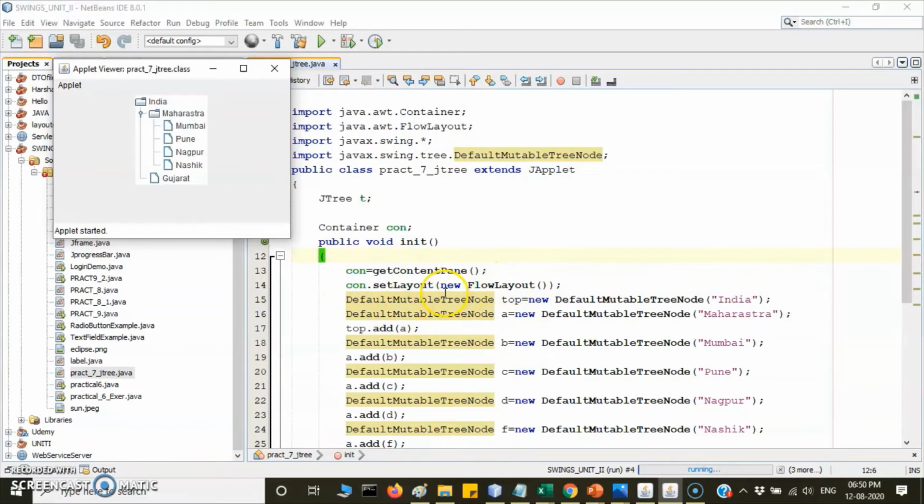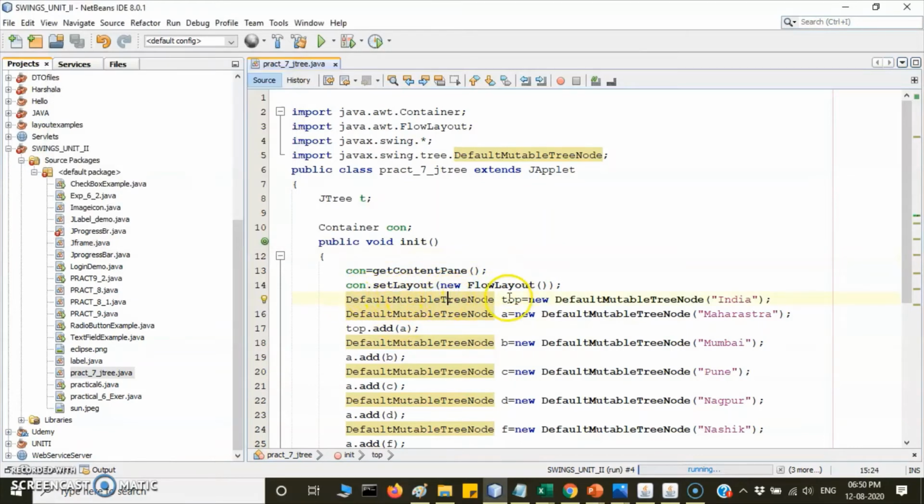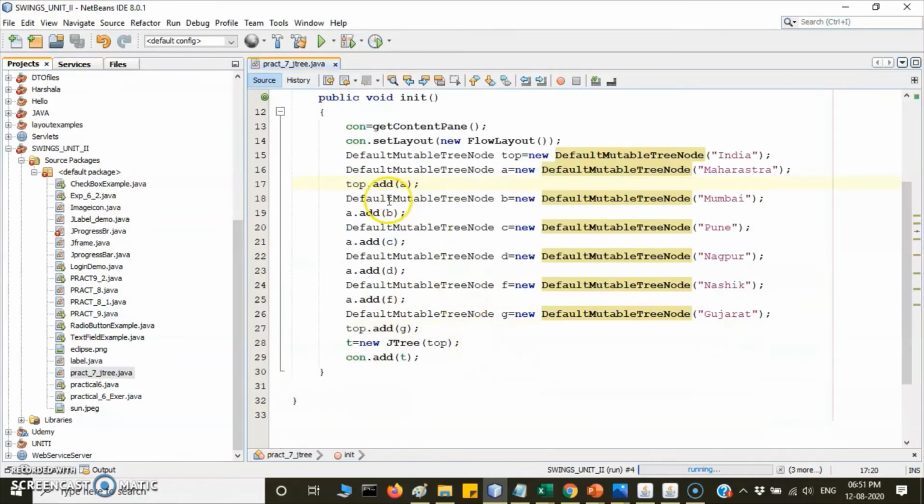Then the DefaultMutableTreeNode class is present. Using this class we create the object of the nodes, that is India. This is the node name, and top is the object. And then DefaultMutableTreeNode A equals new DefaultMutableTreeNode Maharashtra, and we add this Maharashtra to the top node. And next, same thing, we create DefaultMutableTreeNode B equals new DefaultMutableTreeNode